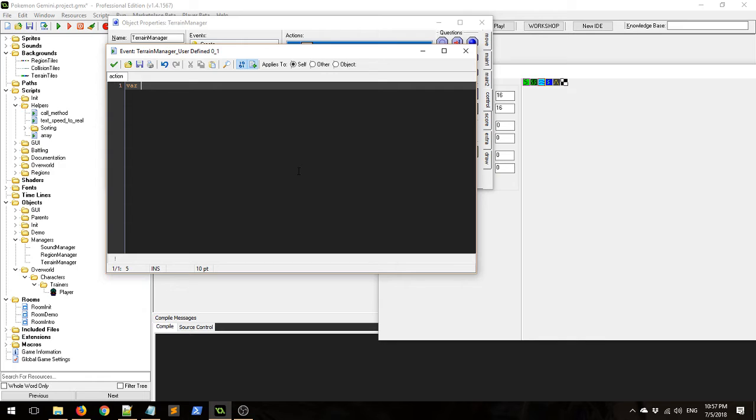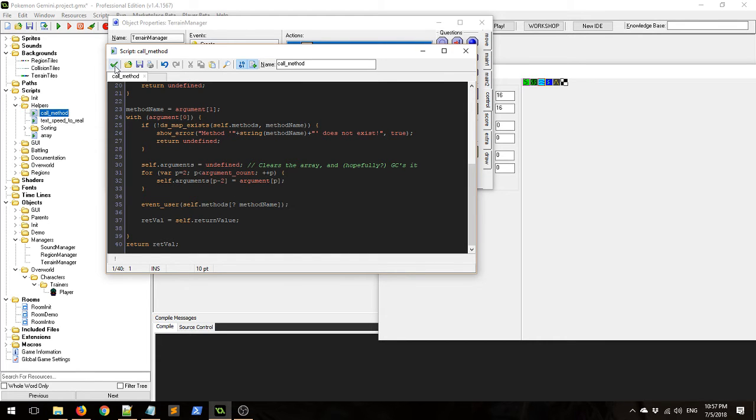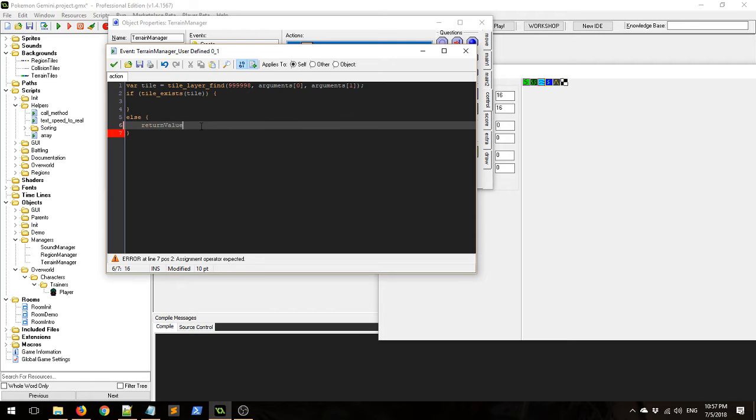So tile equals tile layer find at that depth. And I believe the way I set it up was that I could do that for my methods. It's been a while since I've looked at my method code, but I think that was it. So we can pass in 2 arguments for the X and Y position. It'll find the tile, and say if tile exists, else retval. Was it called retval or returnval? Like I said, I don't remember these methods. Return value is what it's called. So return value equals